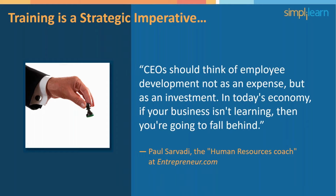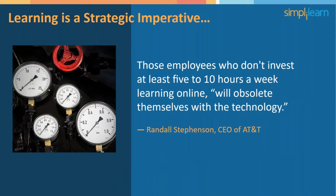business productivity. Now, the CEO of AT&T just recently came out and said, for over 300,000 employees around the world, those employees who don't invest at least 5 to 10 hours a week learning online will make themselves obsolete with technology. And the World Economic Forum came out with a very interesting research report about 4 months ago. They said that 65% of our children who are entering primary school now, when they take their first job after graduating from university, 65% of those jobs don't even exist today. So think about that. 65% of the jobs that kids in primary school today will first take don't even exist today. That tells you a little bit about the pace with which the global economy is moving and the